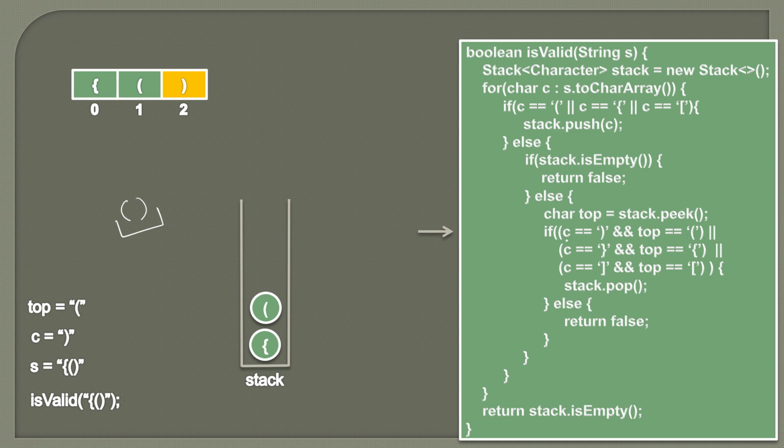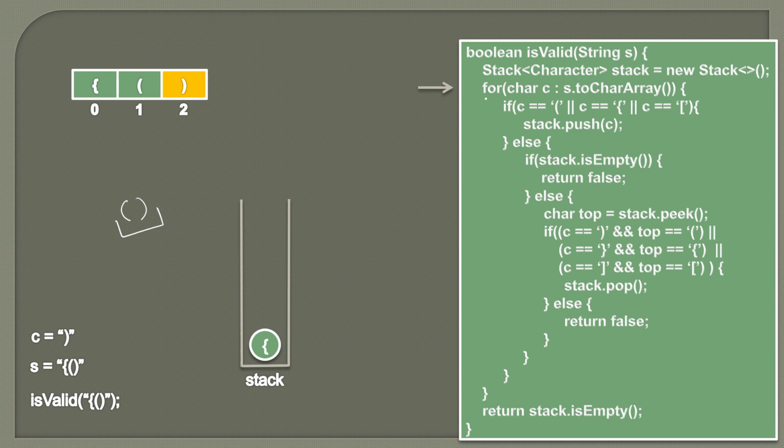So therefore the first if condition comes out to be true and the overall if condition comes out to be true because we have an OR operator here. So it means we have found one correct match. So we can simply pop this element out because its matching pair we have already found. So it gets popped out.